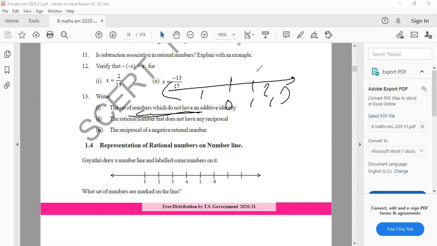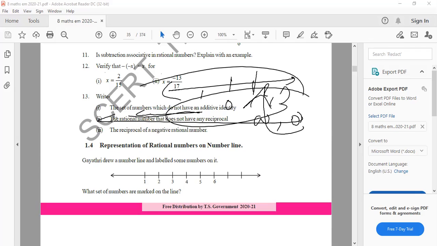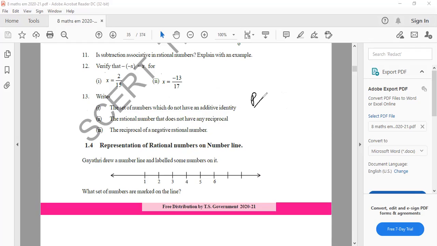This is negative, positive. These are general natural numbers, whole numbers and integers, which you can keep on the number line. It's very simple. But rational numbers, the p by q form of number, how to write them in the set, how to represent the numbers in the number system, that we need to clear today, that we have to see from today onwards. Okay. Now let us move back to the textbook analysis.